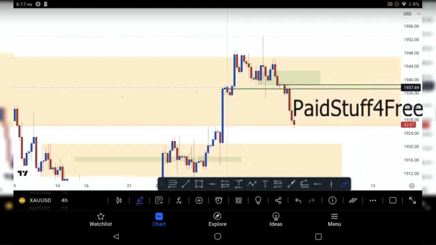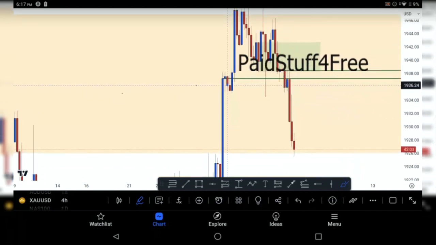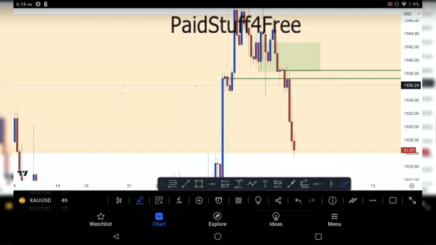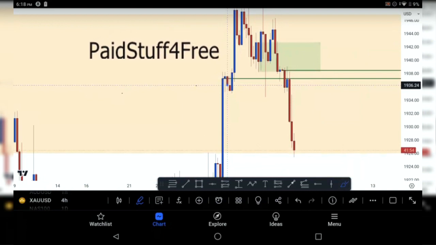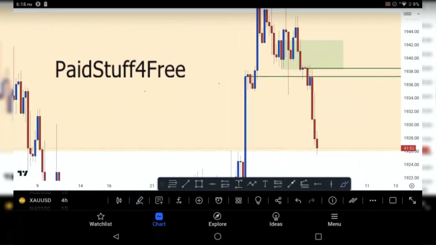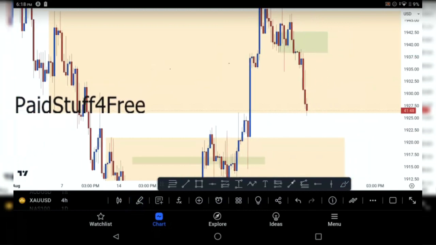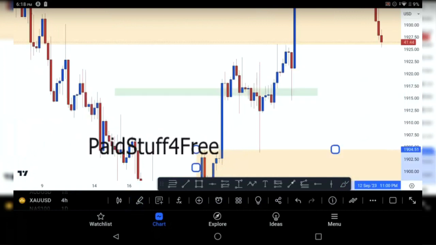Now, this is the reason why I like to tell you guys, I don't want my teaching to be just objective. I want it to be practical. I want you to actually get into the market and backtest and see for yourself that yes, whenever we have an EF, price will respect that EF and go to the next zone. Like I explained it here to you guys. And then since we're buying from here,